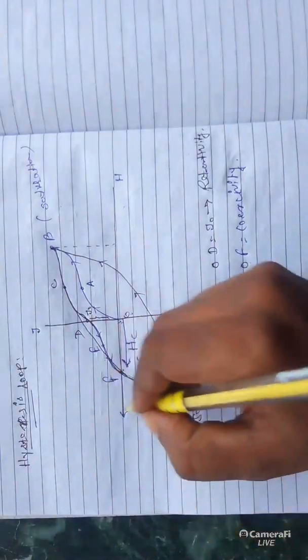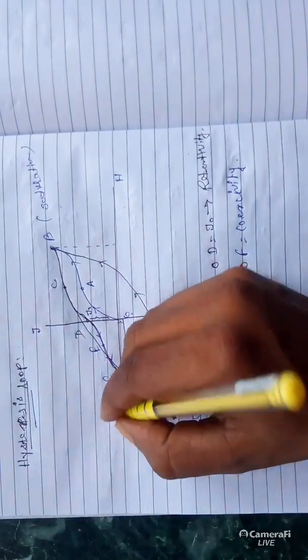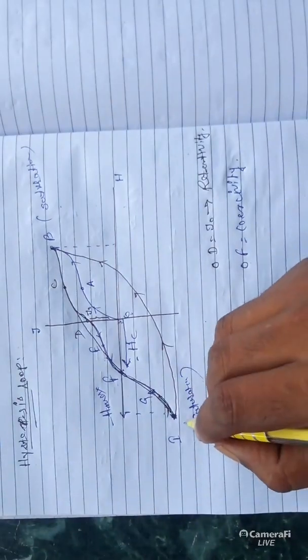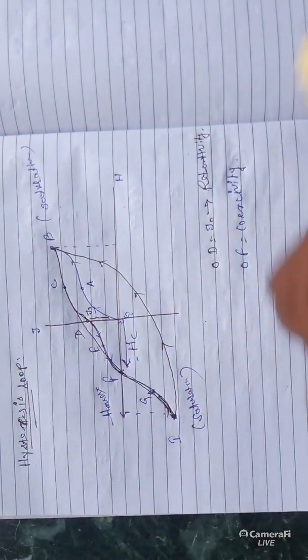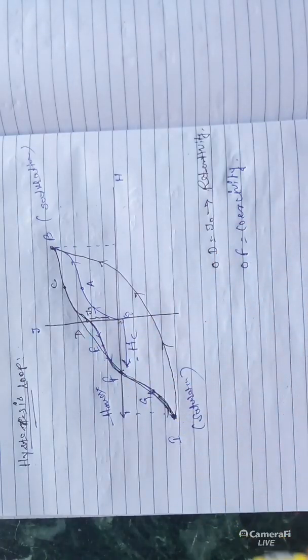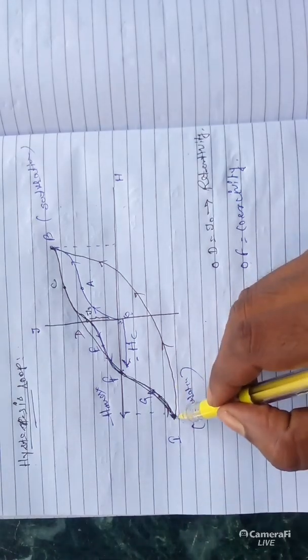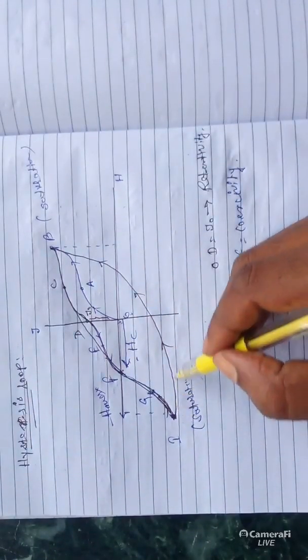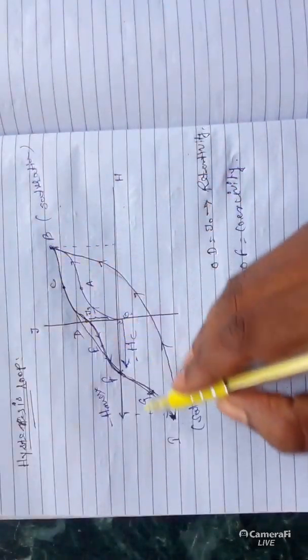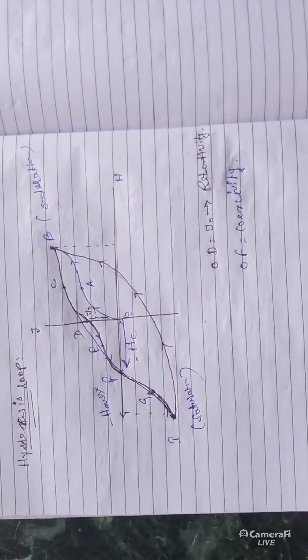Clear? This is the reverse saturation. What is the value of that? This is the minus H max, and in this portion saturation comes. If you again increase the reverse field, J will not increase further. So you have to reduce H, and it will come back to its initial state along this path, and it will form a loop known as the hysteresis loop. Clear? So that is the funda of this topic. Hysteresis, very important.